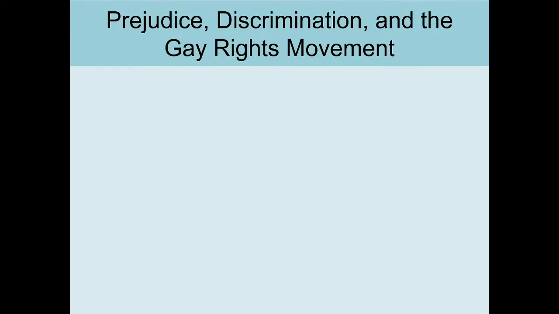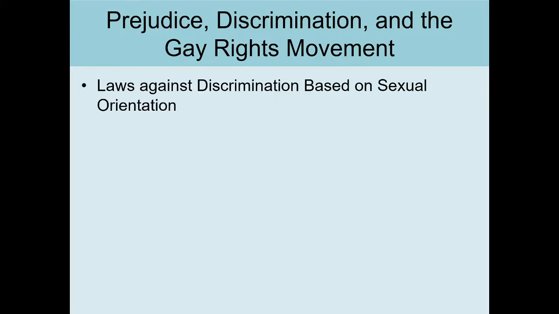So we've made a lot of headway as far as gay rights and attitudes towards gays and lesbians over the past 50 years, but the progress really accelerated over the past 20 years. So I thought I would go over some laws that have changed recently. Your textbook goes into a lot more of the social things going on in the 60s, and the overturning in the American Psychological Association. We got rid of homosexuality as a psychological disorder in the early 70s, and it goes through a lot of those things. I thought I would emphasize some of the laws.